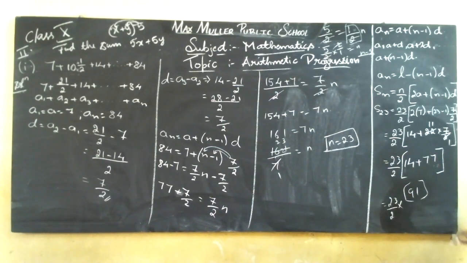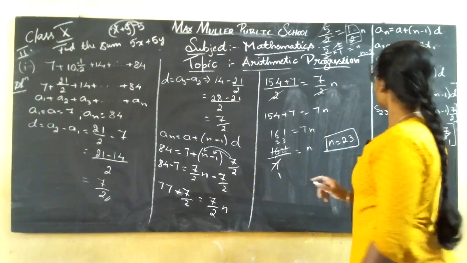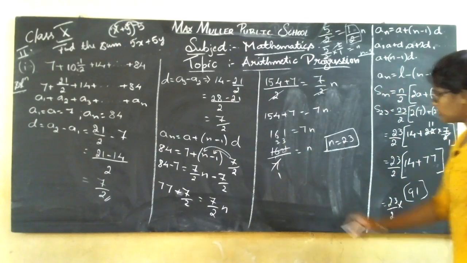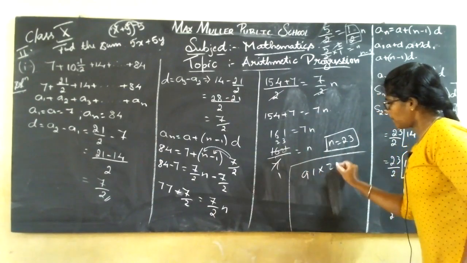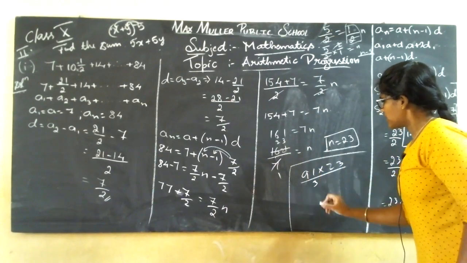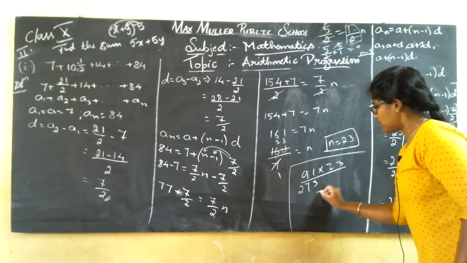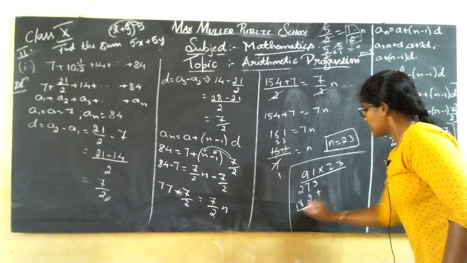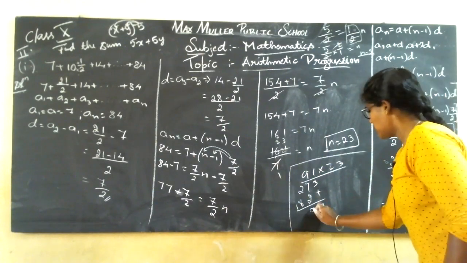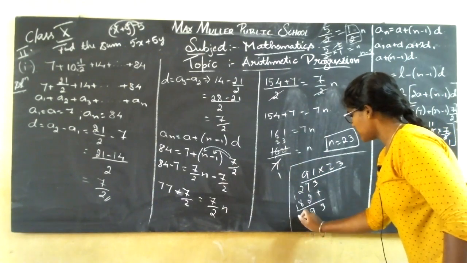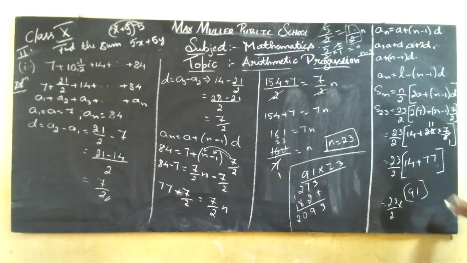Correct? Now, let me keep this 2 here itself and multiply 23 and 91. If I multiply 23 and 91, what do I get? Three ones are 3, 3 nines are 27 plus 2 ones are 2, 2 nines are 18. So it is 3, 7 plus 2 is 9. 8 plus 2 is 10, 1 carry 2. So I get it as